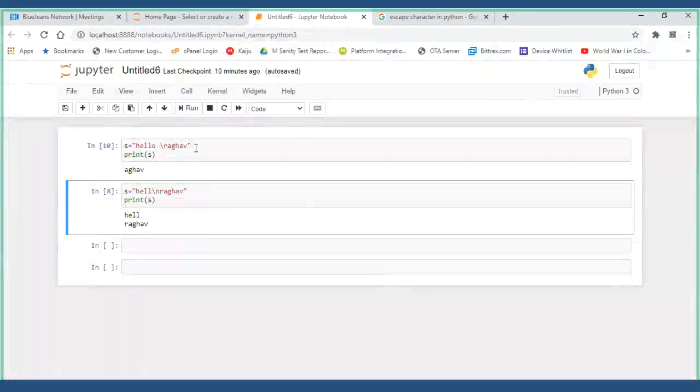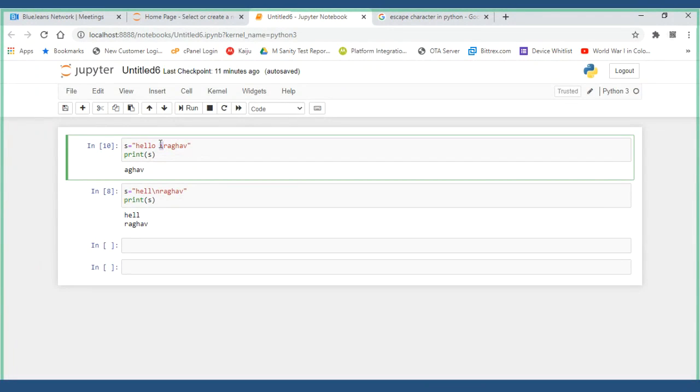Am I audible, guys? Yes. Okay. So as soon as you get the escape character, first it will check what the next character is. This R, whatever I have, carriage return, means from here onwards I need to print or something like that. We'll see what all those things are in some time, but remember that.